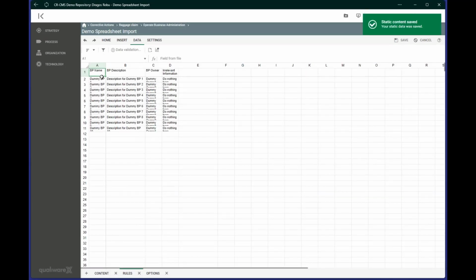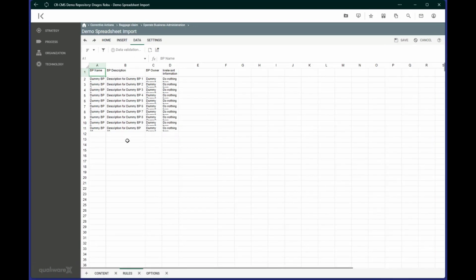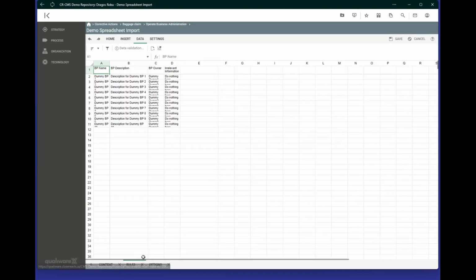And here in the dummy data, we have our business process or activity name in this case, because you'll see in a second what diagrams we're working with. The description for the activity, the owner of that activity, and some irrelevant information here, in case you're concerned about having some data that you don't know what to do with. That's fine as well. So now that I've got my dummy data in here,